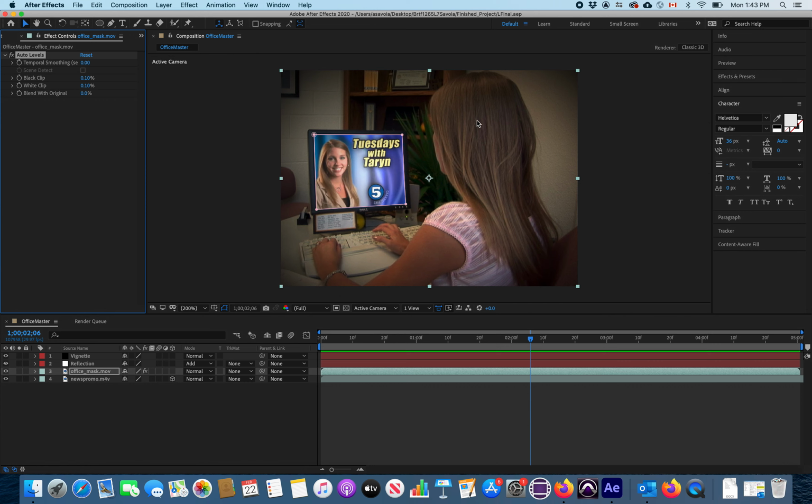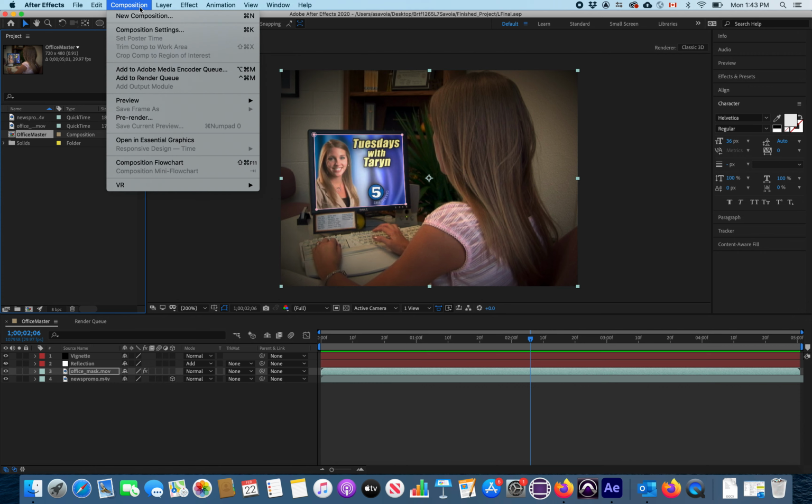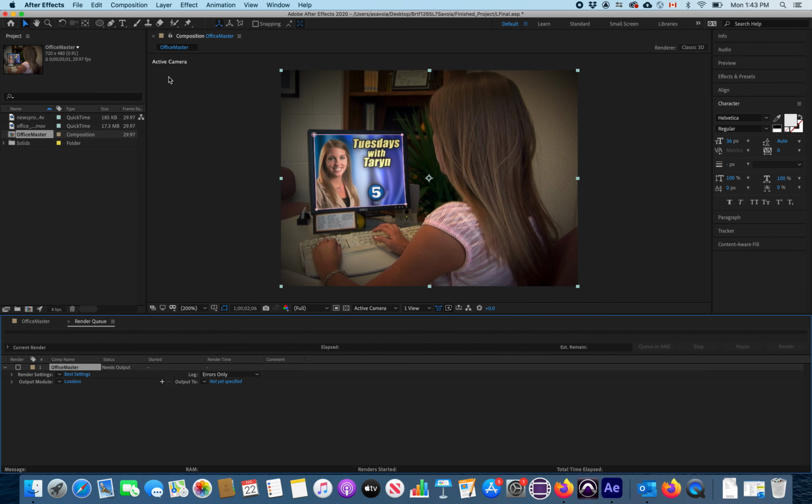So I'll go over the last step again to make sure everybody knows about the rendering. At this point now, of course, it is just an AEP file. Now I've got to make sure that I select my master composition up in my project panel, because that is what contains everything, all the effects. Okay, so once I've got that selected, what I want to do now is add it to my render queue. So I'll go up to composition and I'll go down here, add to render queue, which is